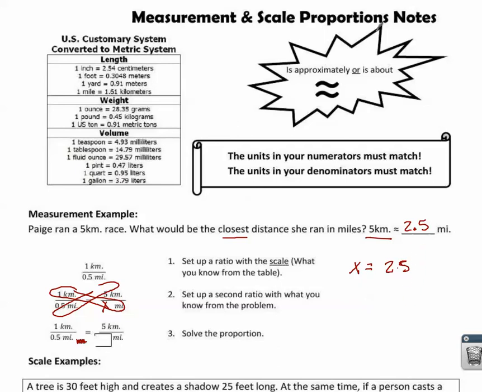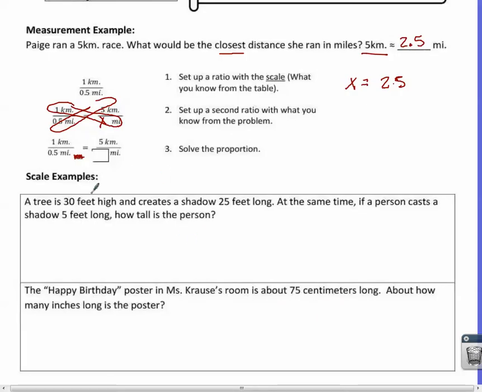Let's try a scale example. A tree is 30 feet high and creates a 25-foot long shadow. At the same time, if a person casts a shadow that's 5 feet long, how tall is the person? So you've got your tree, which is 30 feet high, casts a shadow that's 25 feet long. Then you've got a person where you're trying to find the height and cast a shadow that's 5 feet long. You want to set up a proportion. So you have 30 feet high